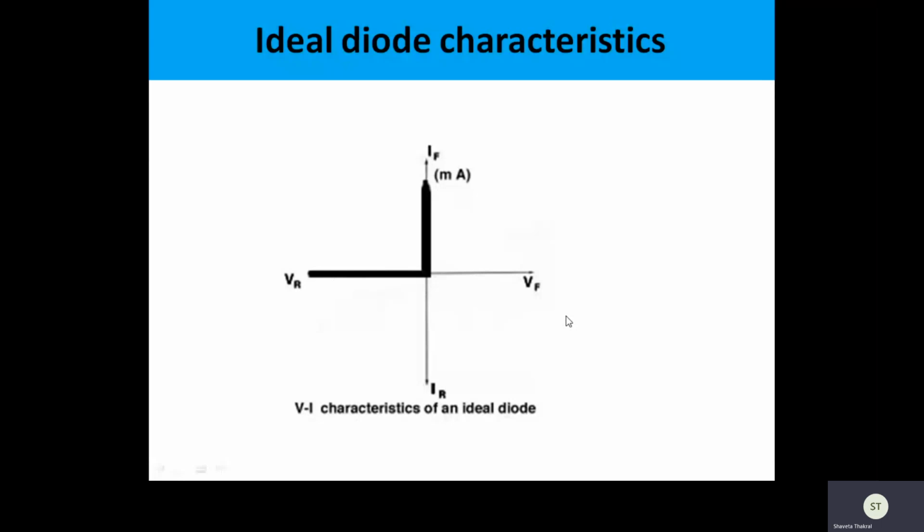The ideal diode can be utilized as a switch, as a switch has two status conditions: the switch can be on or the switch can be off. So the forward bias condition, that is full conduction, can be utilized to turn the switch on, and the reverse bias condition, that is no conduction, is utilized to make the switch off. Switch on means full conduction and forward biasing, and switch off means there is no conduction, and that is reverse biasing. So this is indicating the short circuit, and this is indicating the open circuit condition. So this is all about the ideal diode characteristics.